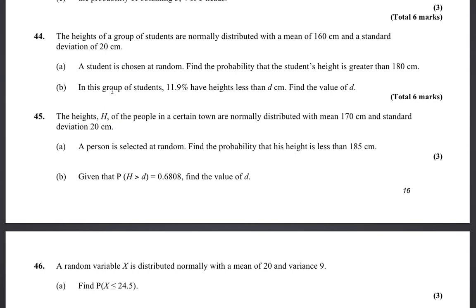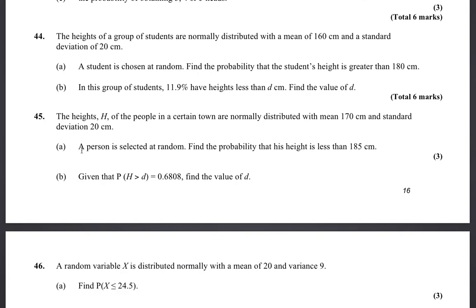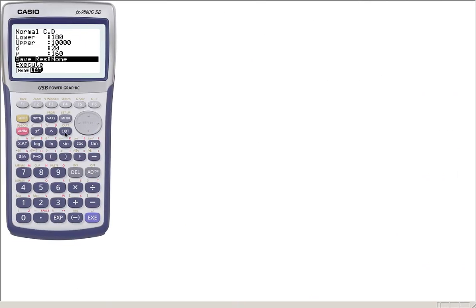Okay. Second one, in this group of students, 11.9% have heights less than d centimeter. So find the value of d. So I can write this statement like this. P of x less than d is equal to 0.119. 11.9% is 0.119. So then I will find the value of d. Now how do I do that? So exit, distribution,